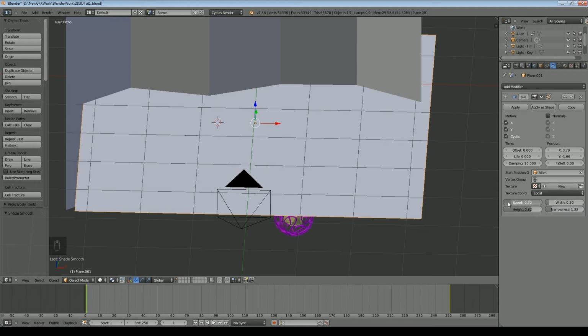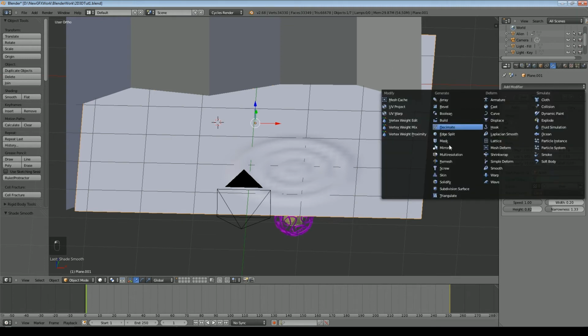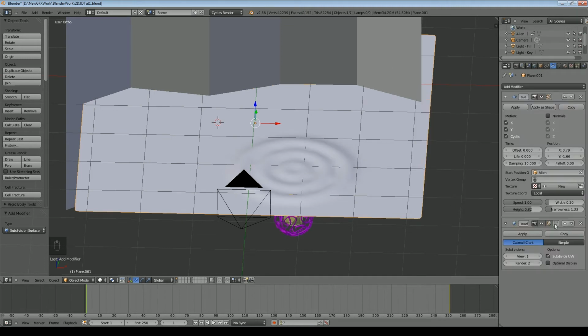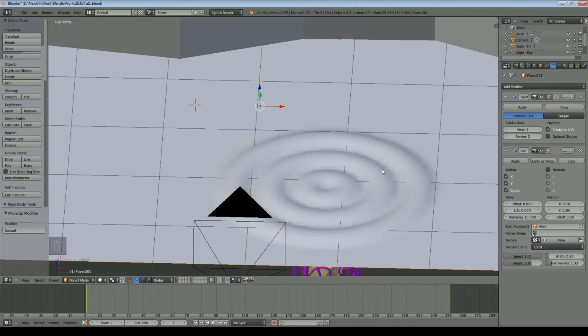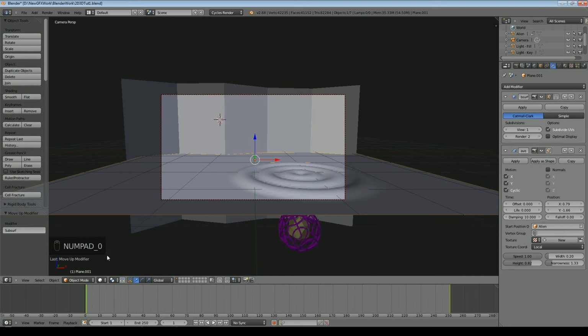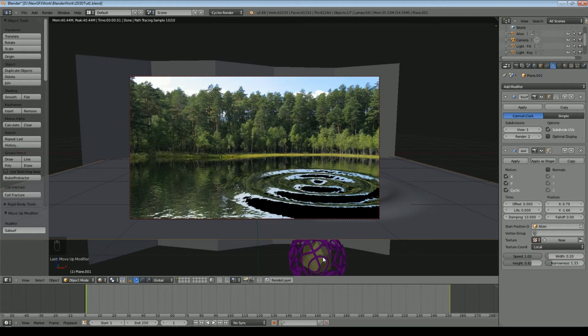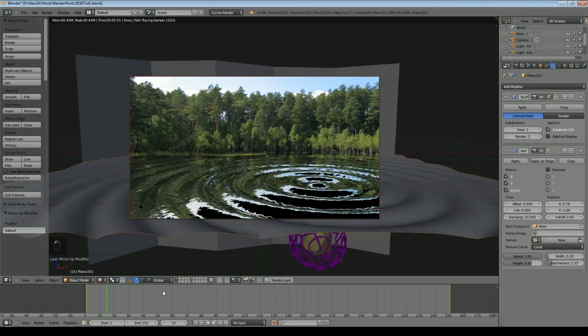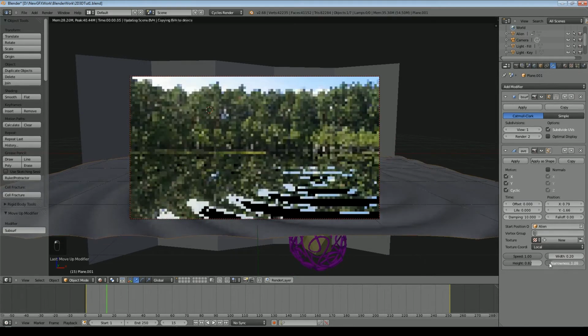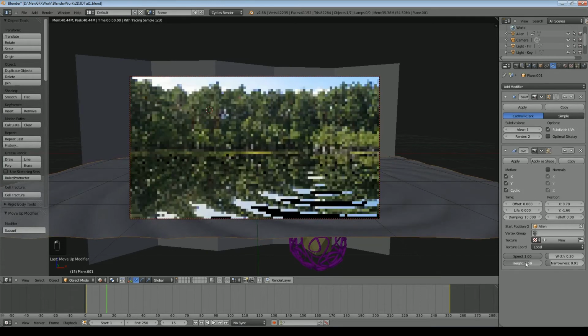There you go. You see the speed will set how many ripples you get, so generally you're going to want quite a few. And what I'm also going to do is add another modifier, which is a subdivision surface, and that smooths it, but I want to actually give it more vertices as well for the wave modifier. So I'm going to push that above, and you see how much more defined they become. So let's have a look at what the rendered viewport looks like. So it's still rather large, but at least it's there now, so we're actually getting ripples that flow out. So what we can do now is smooth them out a little bit, or reduce the height.